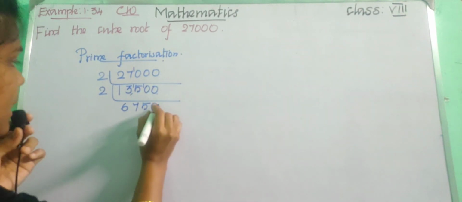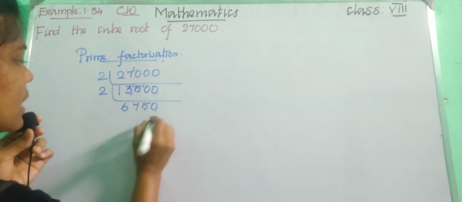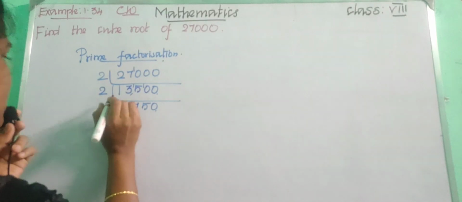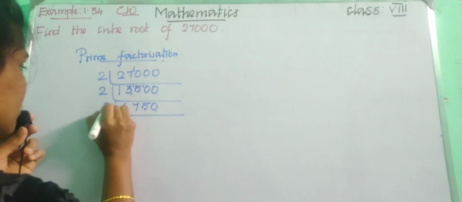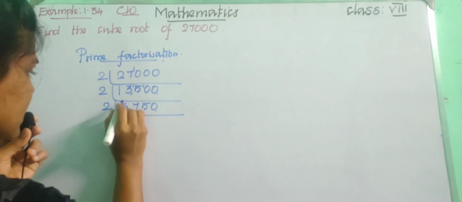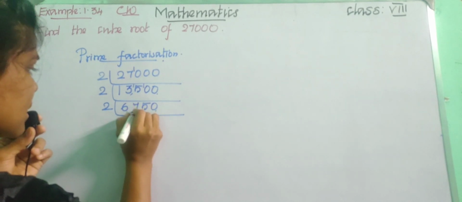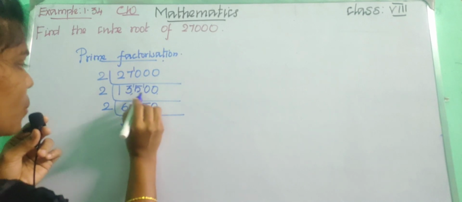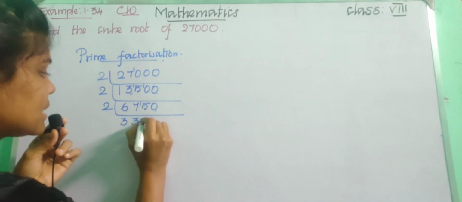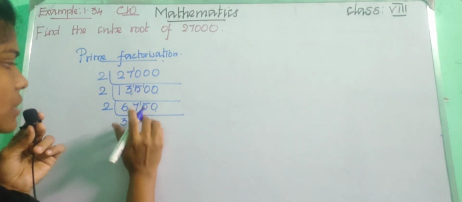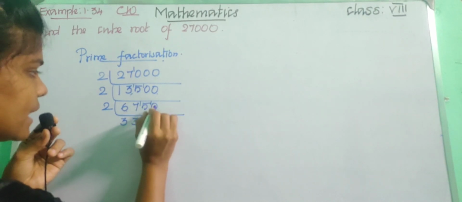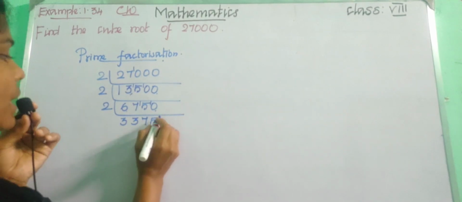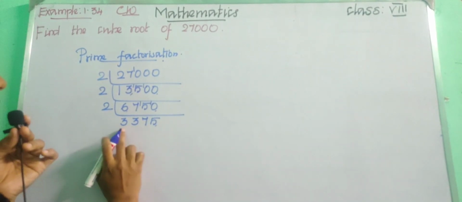Again in this number we are having 0 in the units place, so we can continue with the prime factor 2. Prime number 2. So put 2. Now take this 6, 3 2s are 6. Here we are having 7. Again 3 2s are 6, so remaining 1. Now we got 15. 7 2s are 14, remaining 1. Now we got 10. 5 2s are 10.